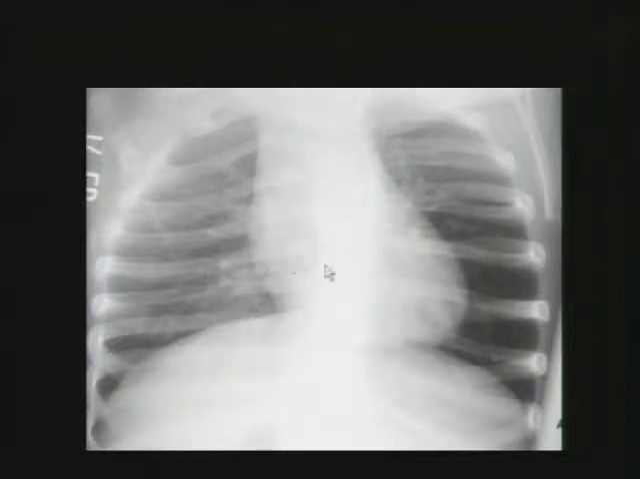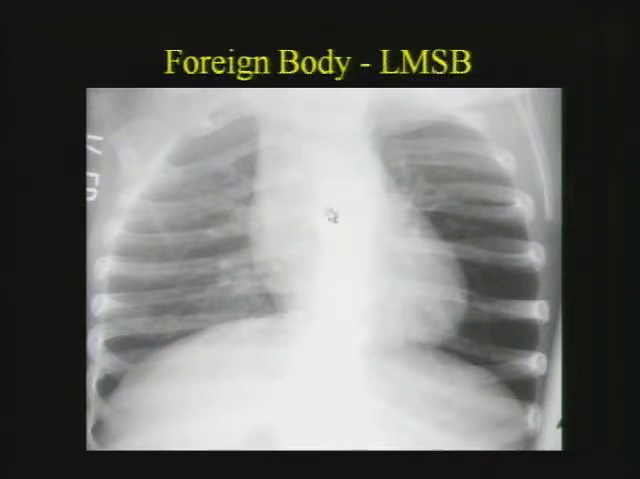Here's a child with asymmetric aeration. We're going to see several of these. Some of the unknowns were asymmetric aeration. Notice that these ribs are splayed. There's some bulging of the pleura. And one important cause of this type of asymmetry in children is a foreign body. In this case, a foreign body in the left mainstem bronchus